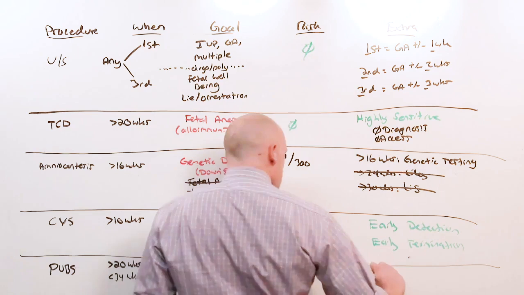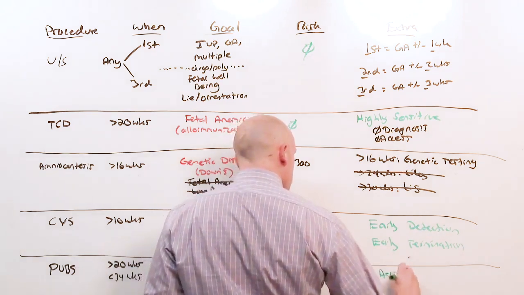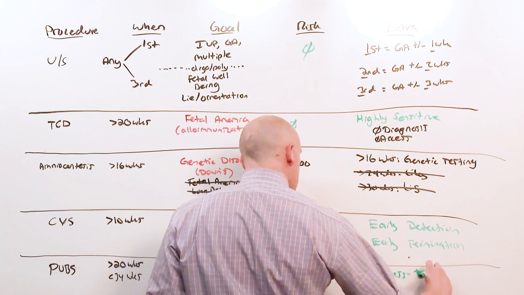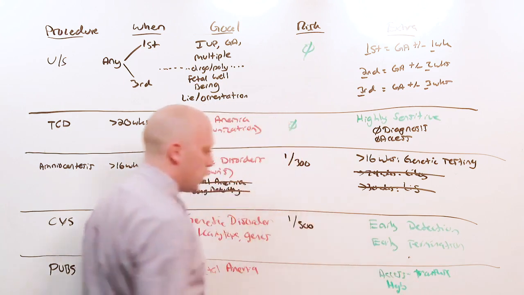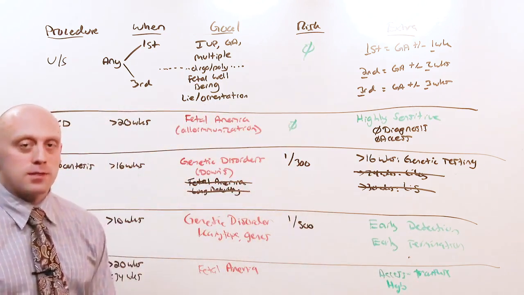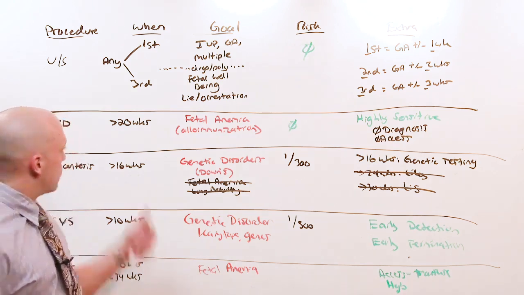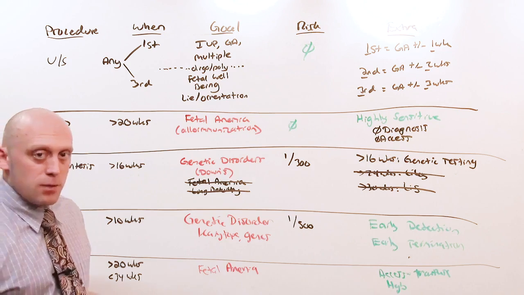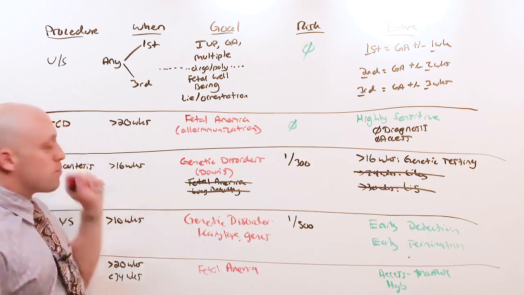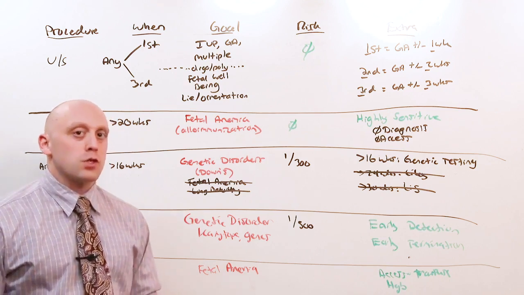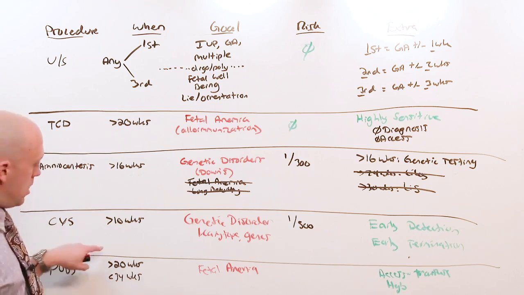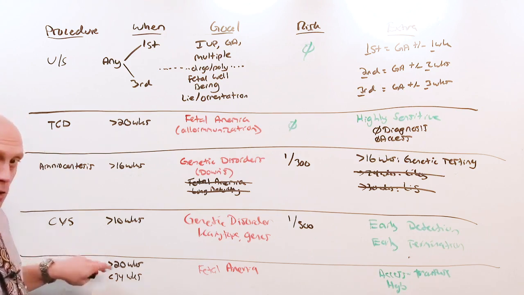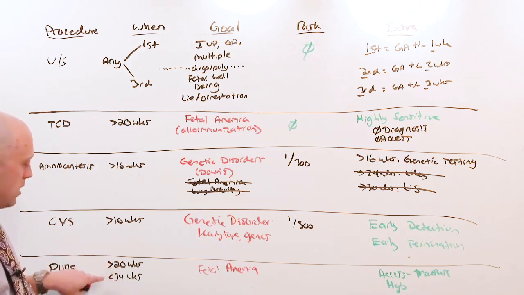It does allow for access, so you can transfuse through a PUBS. And it allows you confirmation by giving you an actual hemoglobin, and you know exactly what baby's hemoglobin is. The thing is that if the transcranial Doppler is negative, you never get to this step. And if the transcranial Doppler is positive, most of the time you are just going to deliver. That is, near-term babies get delivered. But if they're in that window of just after viability and not quite at term yet, then you may end